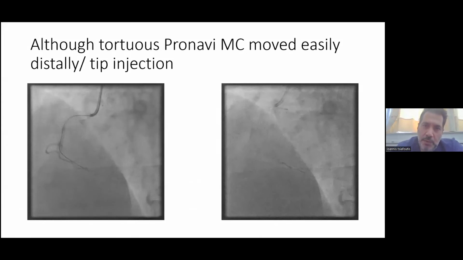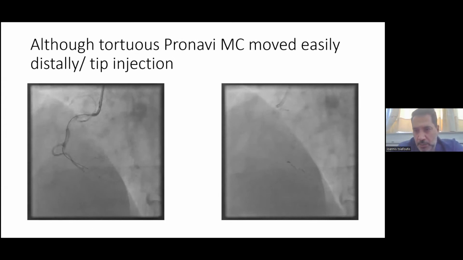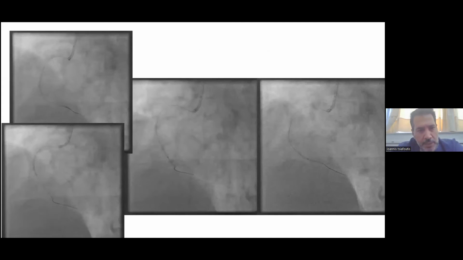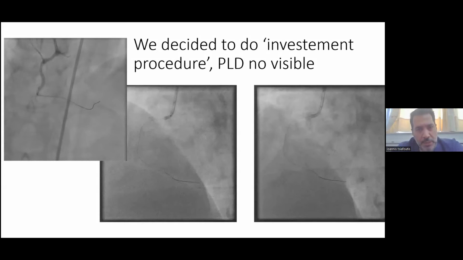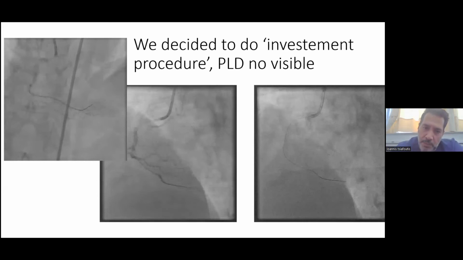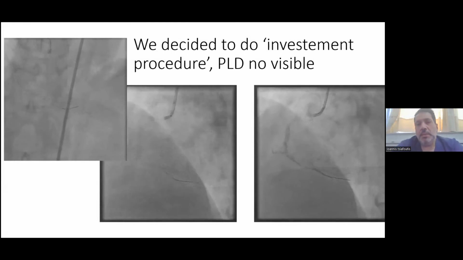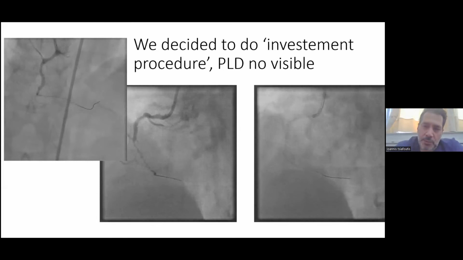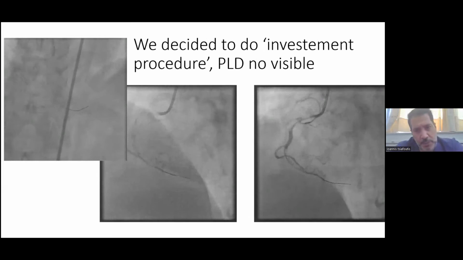Although the distal part was tortuous, the PRONAVI microcatheter went smoothly distal. We had the tip injection. We see there's a PDA artery. We did balloons proximally, and we decided not to put a stent, but to do an investment procedure as the PLD was not visible due to hematoma. So that's a thing that we used to do sometimes. We do the investment procedure. That's balloon, and